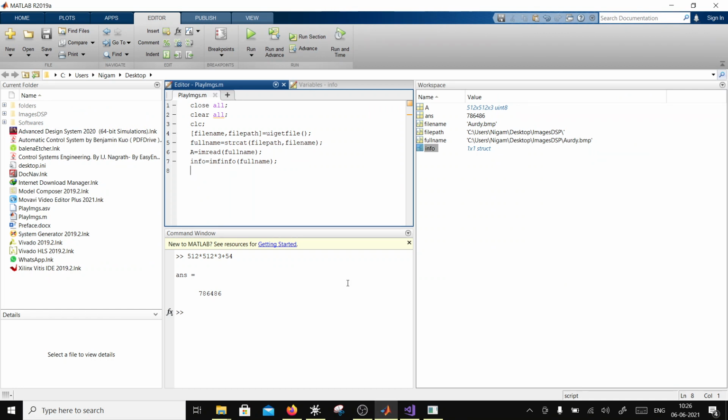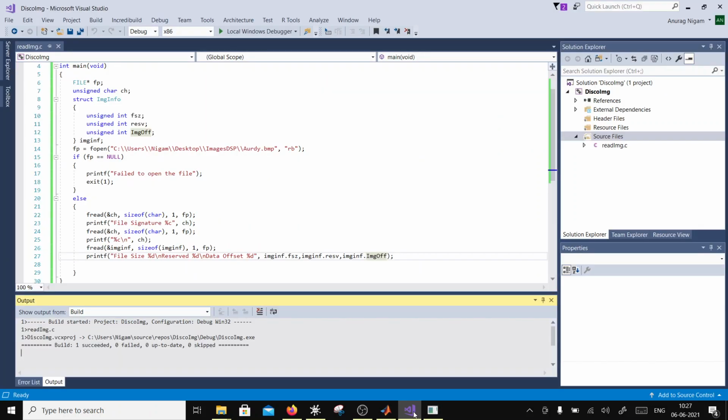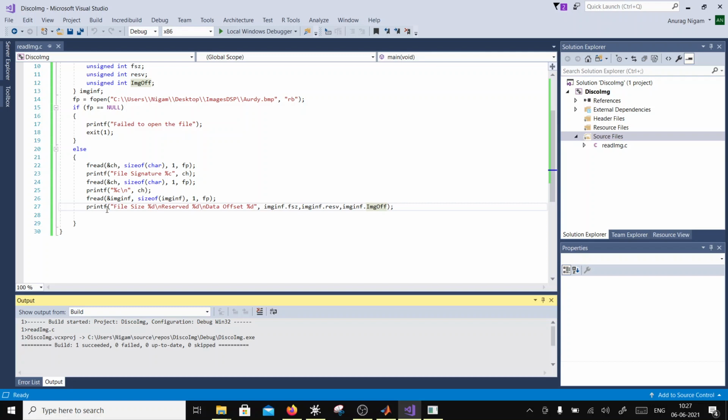Now, but the problem here is the following. Okay, MATLAB doesn't give you control over how it's going to store the data. While in C, you will take your control. You say, I want to store it over the heap, not the stack. So in MATLAB, if you are going to create a large matrix, it's still going to the stack. So then the physical RAM becomes important. Okay, so that paging of the file doesn't take place.